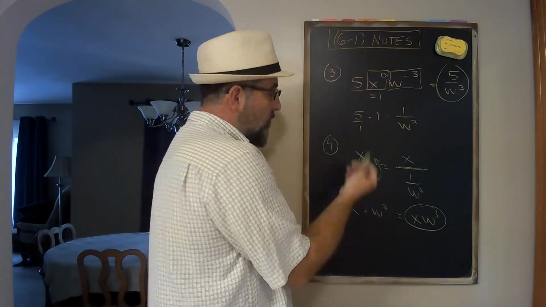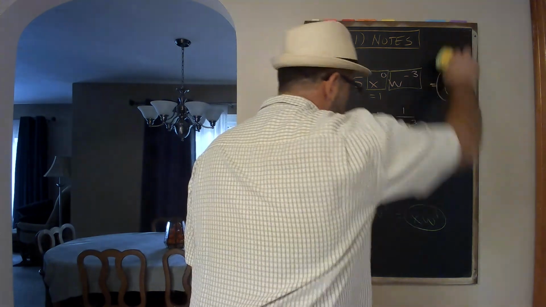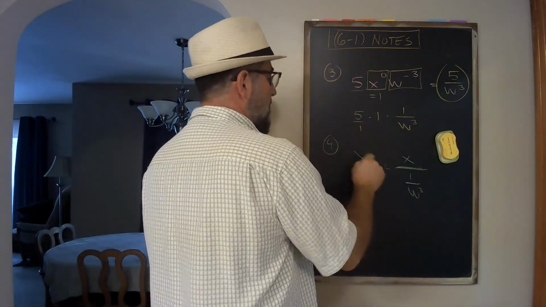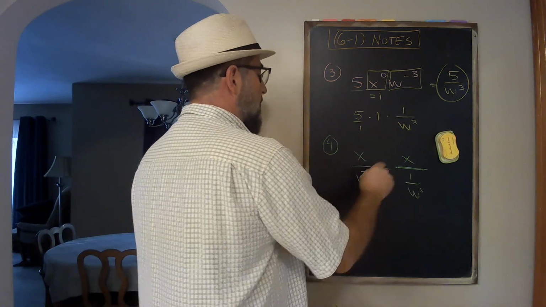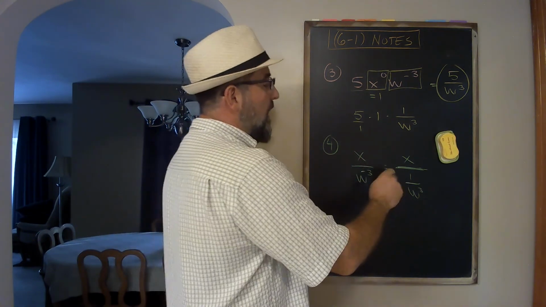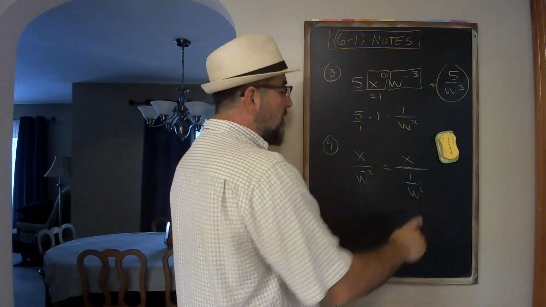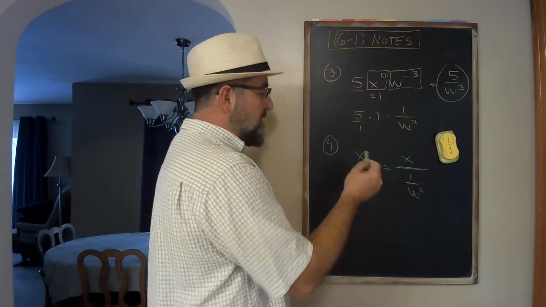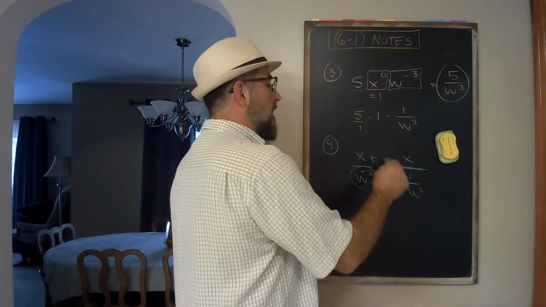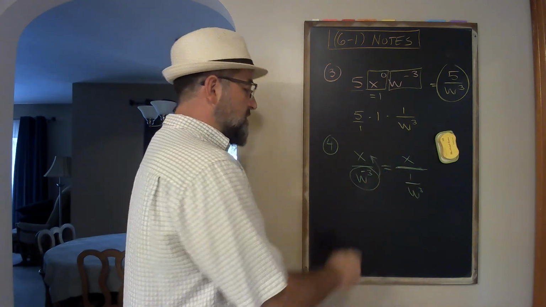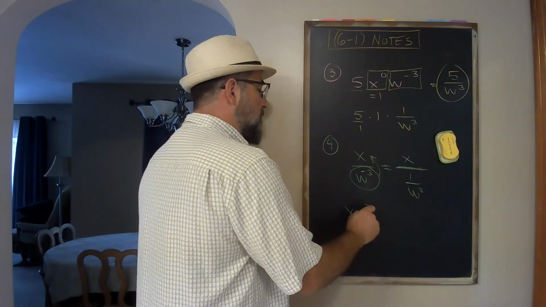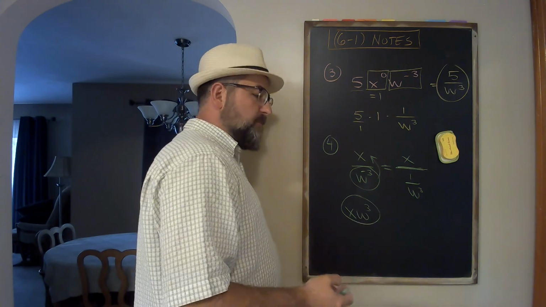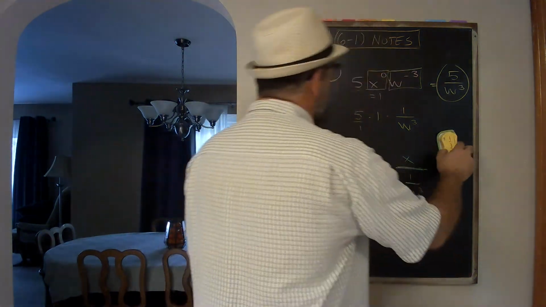So when I see a problem like this, and I'm asked to simplify it, let me go back to the original problem, x over w to the negative 3. What I do is I don't actually do this step. There's nothing wrong with it, I just don't do it. I circle the power, the base and the exponent with the negative exponent, and I draw an arrow to reposition it where it should go. So that should go up to the numerator with a positive exponent, and then I'm done. It's as simple as that. So let's take a look at number 5 now,